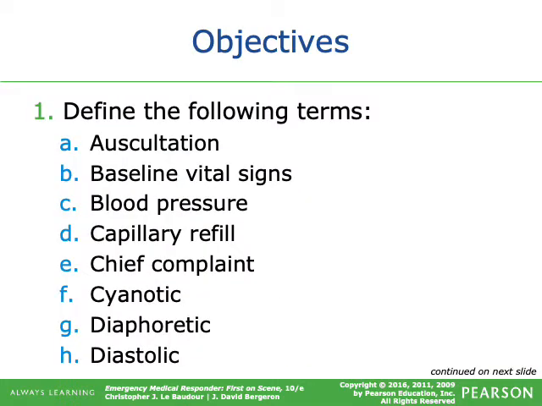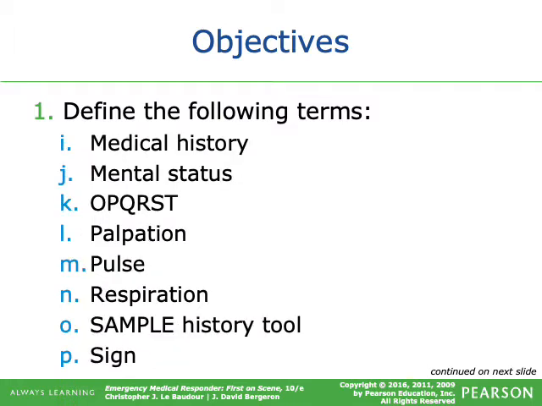Alright, the objectives. We're going to define the following terms: auscultation, baseline vital signs, blood pressure, capillary refill, chief complaint, cyanotic, diaphoretic, diastolic, medical history, mental status, OPQRST, this is an acronym, palpation, pulse,